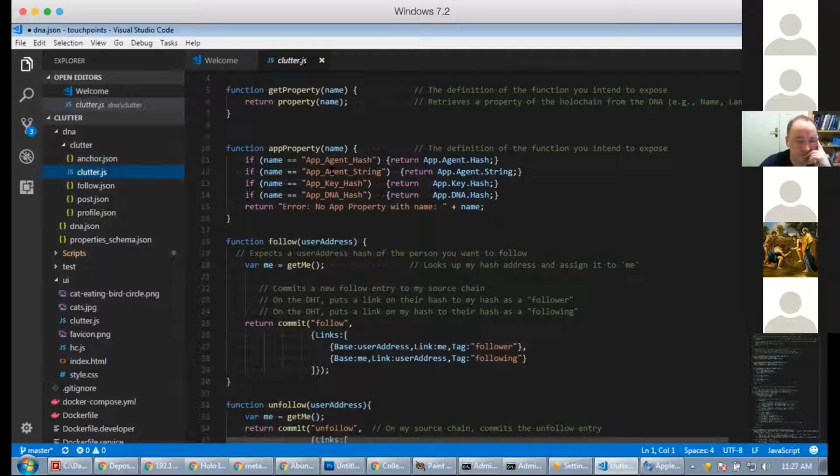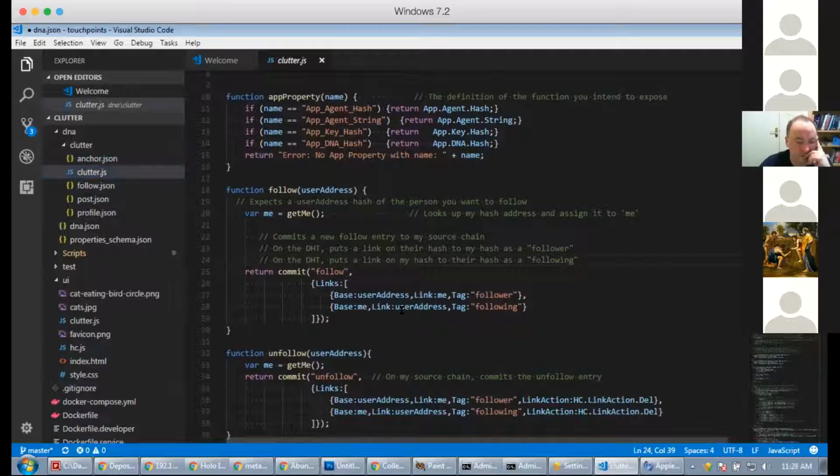So when we call follow, we establish an HTTP connection to our local Holochain client, and the Holochain client implements a virtual machine and spins up clutter.js, looks for an exposed function called follow, and then runs this code. Now for the specifics of the documentation on these built-in Holochain methods like commit, I'll dig up a link for you here.